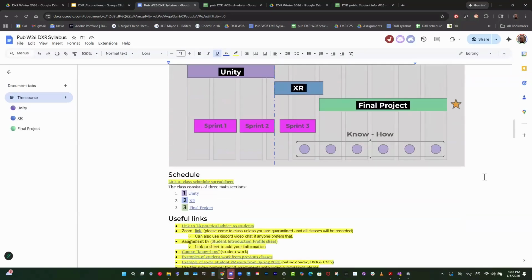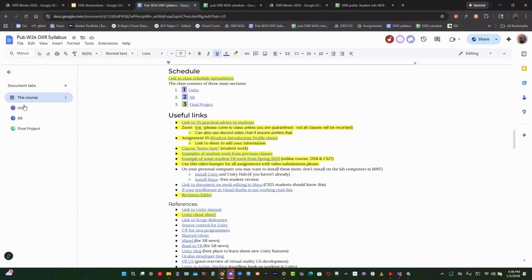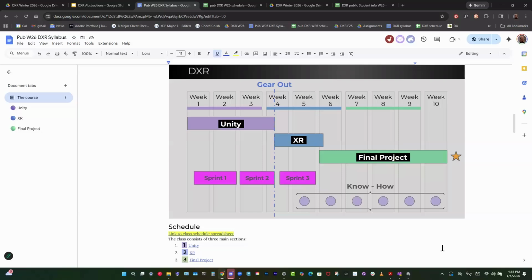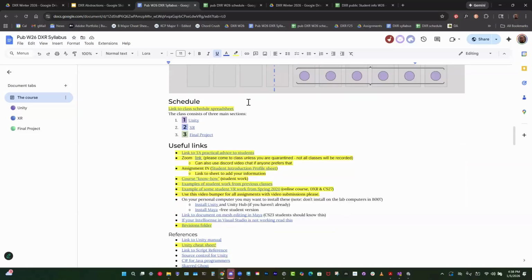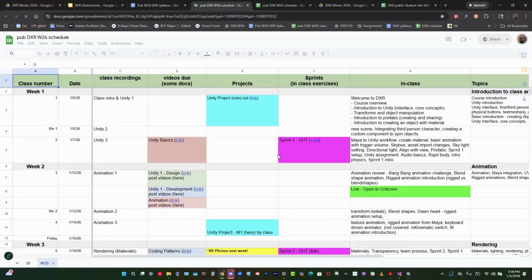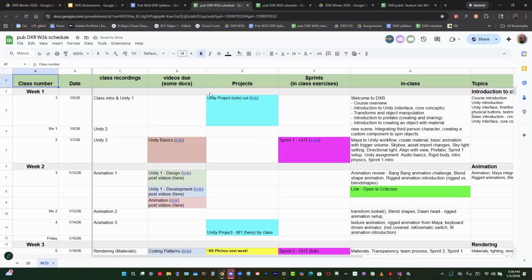Okay, so here's the schedule. You'll see that in the syllabus, if you haven't looked at it already, it has the course overview stuff. And then it has 3 tabs: the Unity section, the XR section, and the final section. Again, color coordinated to go with this map. It should be pretty straightforward to follow how these things work. And then, of course, there's the spreadsheet, which is also color coordinated, and it walks you through the timeline of